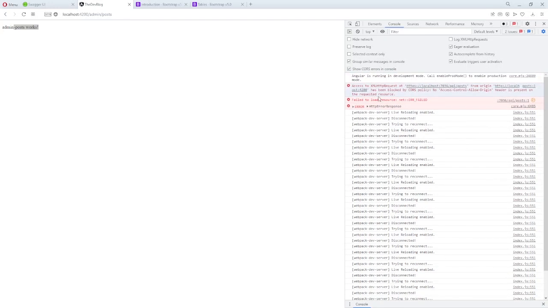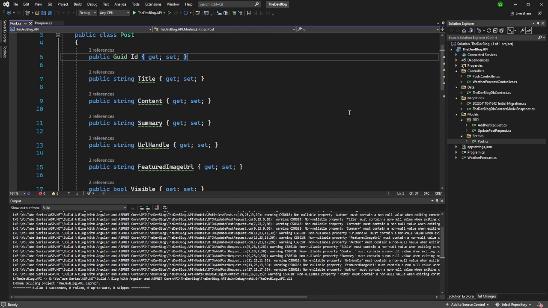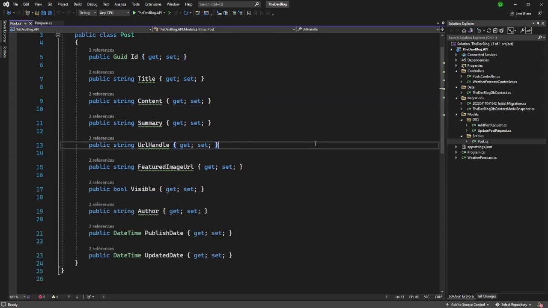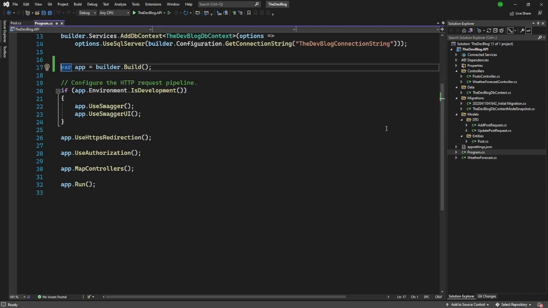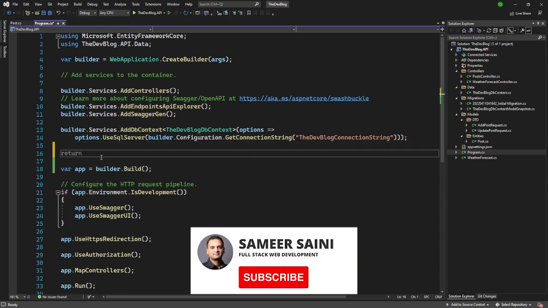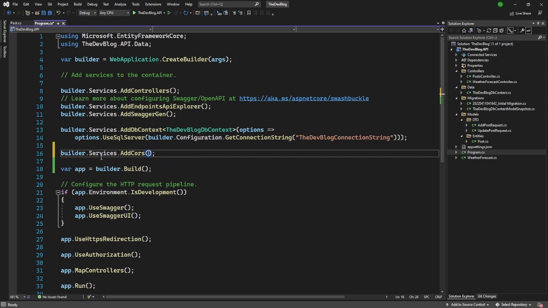We can fix this by telling the server to allow it. So let's go back to our API application, and we have to tell this application to accept this origin. So I will come to the Program.cs file and first inject CORS inside the application. So I will say builder.Services.AddCors, and I will use the